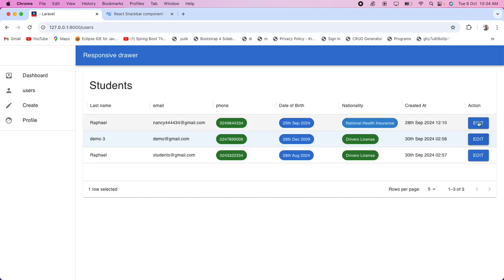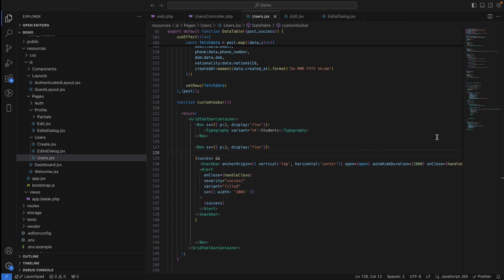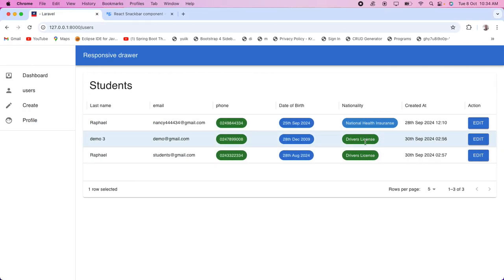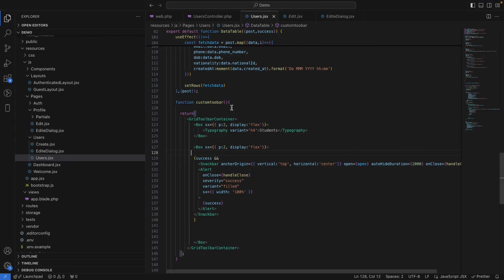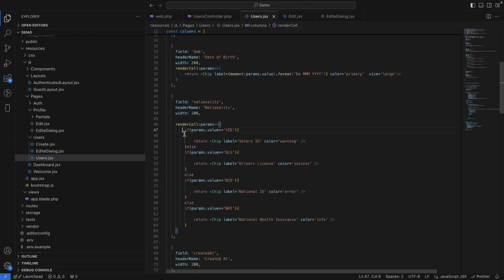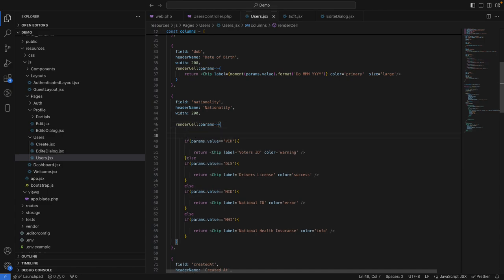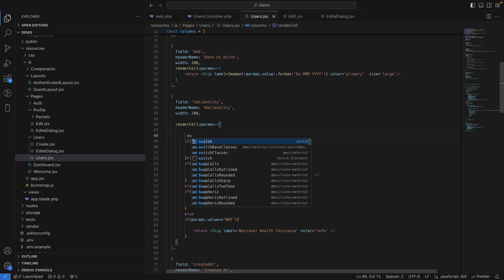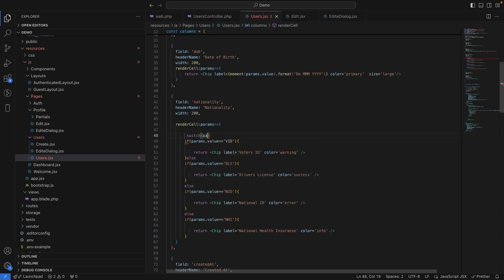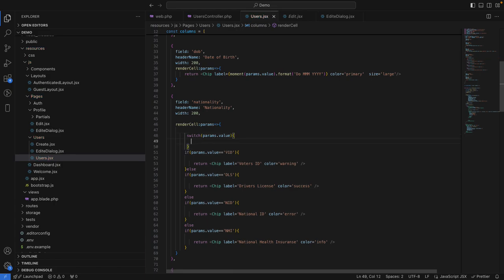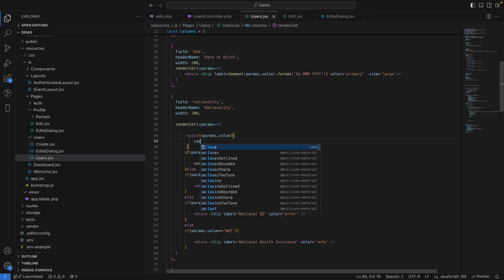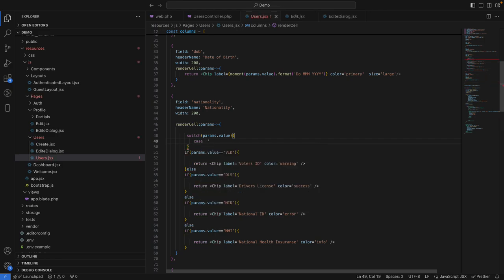So today let's enhance our nationality, the way we pick it from the table, where we now used if else, if else, if else, right? So instead of if else, if else, let's make it a switch, right? So now the switch will be params dot value. All right, so whatever is coming from the switch, we are saying case 1. So case, all right, and we are saying that if it is true that it is